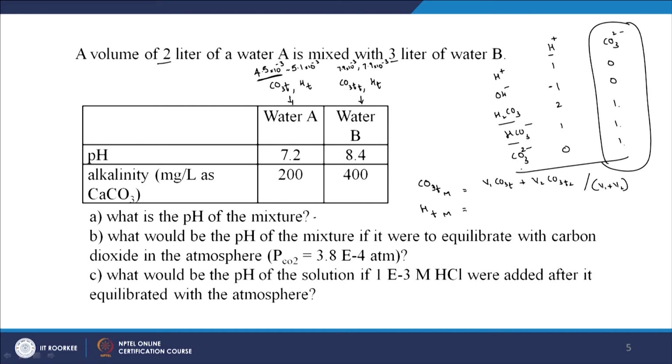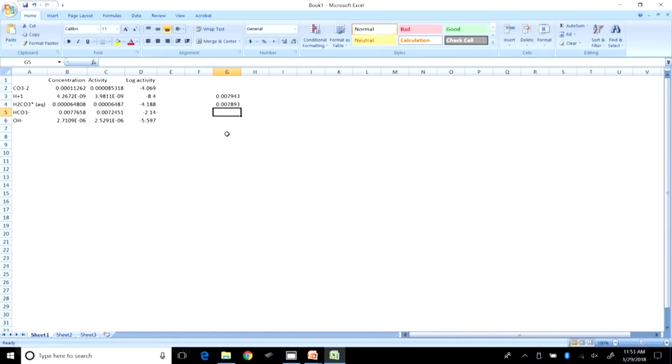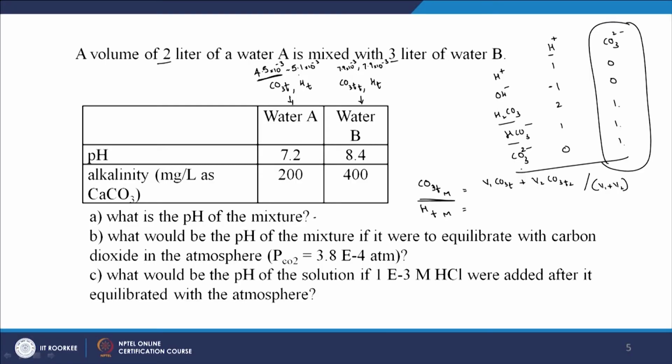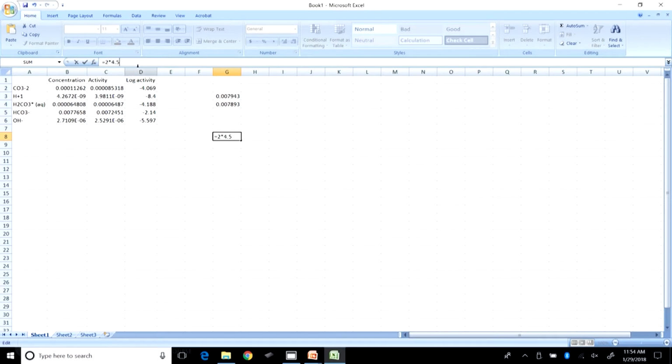So, let us just plug this in for both the cases and see what it turns out to be. Let us go back to Excel. Hopefully, we can remember the values, or we can come back to this particular slide. First we are going to calculate CO3 total of the mixture. That is equal to V1, which is 2, into the CO3 total, which was 4.5 into 10 power minus 3, and plus volume 2, which was 3,